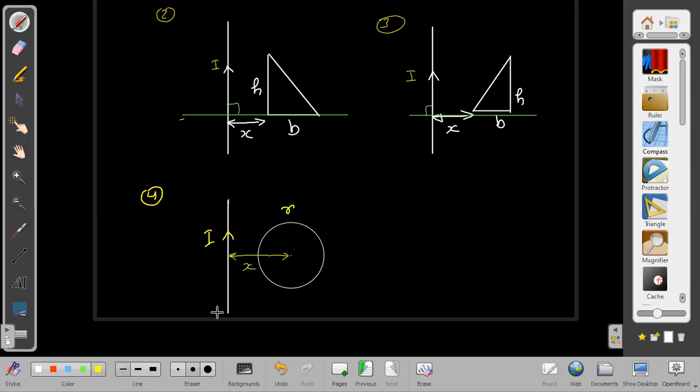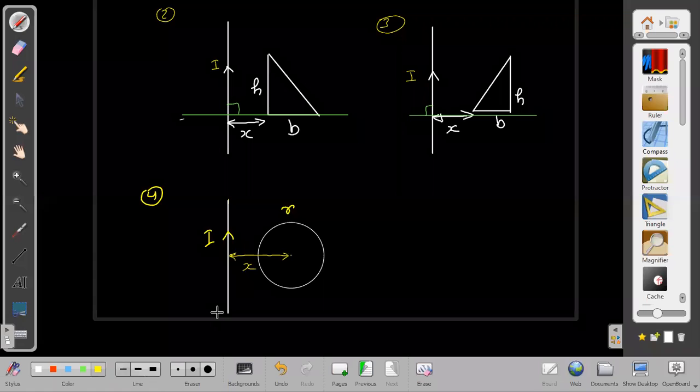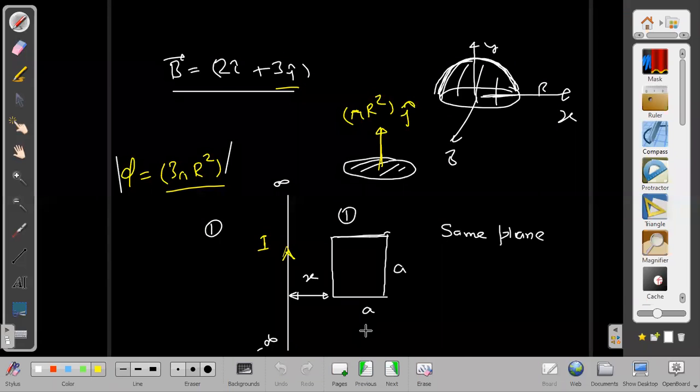So what will be the flux in all these previous cases? These are all simple cases, in which the wire is in the same plane. I can take other cases also where the wire will not be in the same plane. For the first one, the flux is mu naught I a by 2 pi into log of (x plus a) by x. Log is what we will be getting, but everybody should know, so let me do it for everyone.